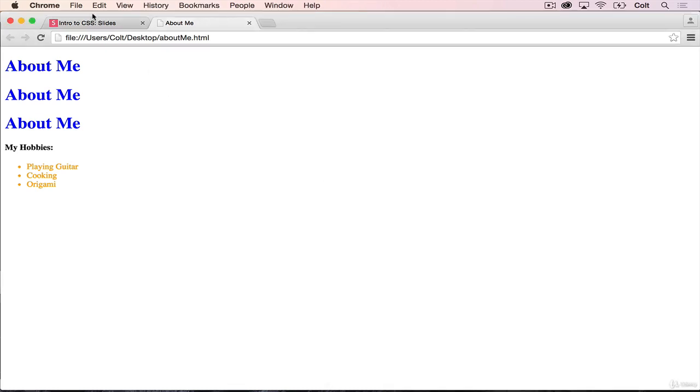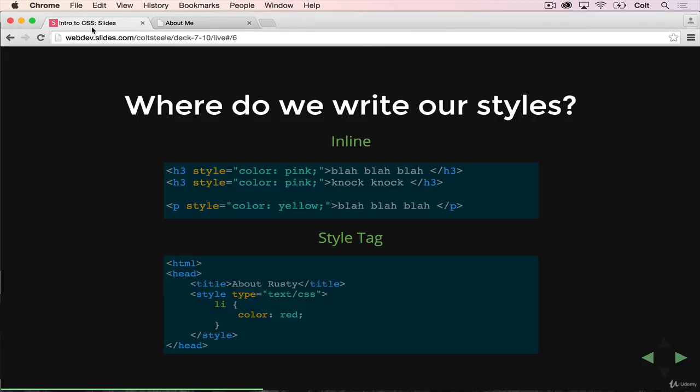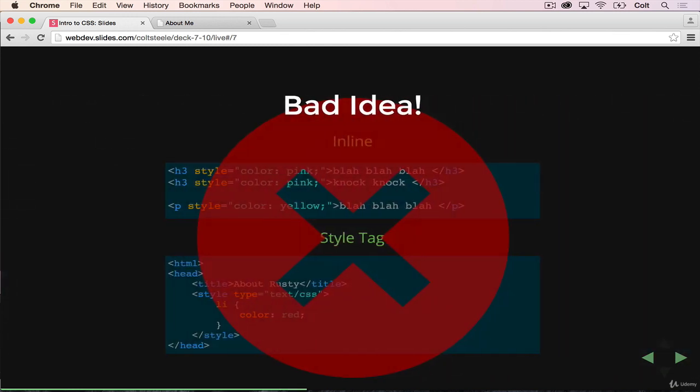Okay, so the problem with what we've just been doing though, our CSS looks fine, but unfortunately it's still in our HTML. And I just got done saying a few minutes ago, we want to separate our HTML and our CSS. We don't want the CSS to be nested inside our HTML. So functionally, it works exactly the same way. We won't see any visual difference, but what we actually want to do